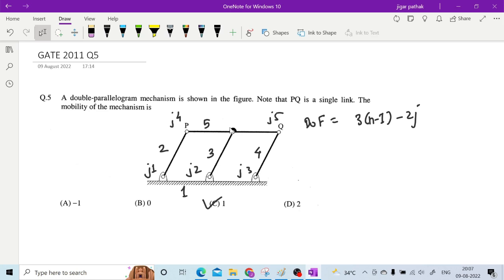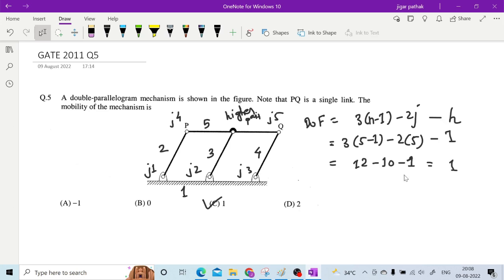So if we consider all of this, here that is 3 into L minus 1. L is what? 5 minus 1 minus 2. Number of joints is 5. But here we have to consider this higher pair, so we have to consider that one. So 12 minus 10 minus 1 will give you 1. So this is how you are having 1 in this particular case. Now if we go for the next one,